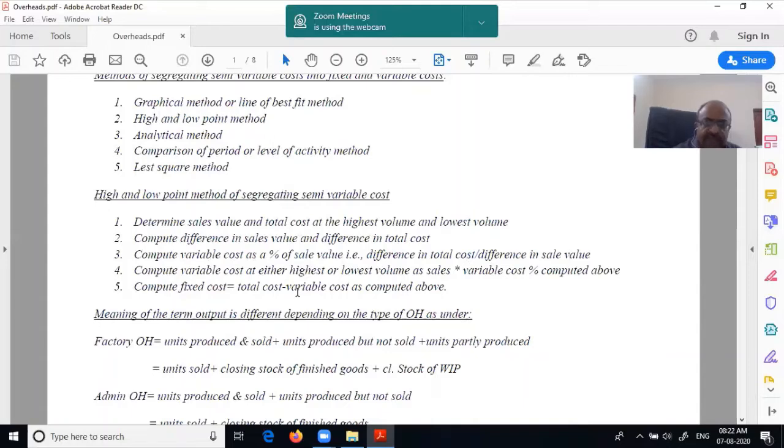So the idea is like this: if only cost is given, then you don't have to bother about sales, you can just take the change in cost. Yes, sales may also be mentioned, but if sales is not given, don't bother about it. With only cost, you can calculate directly.